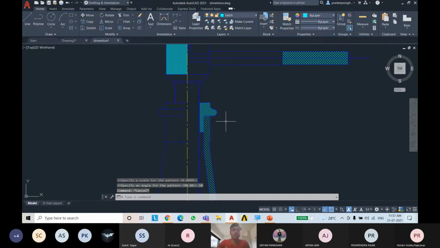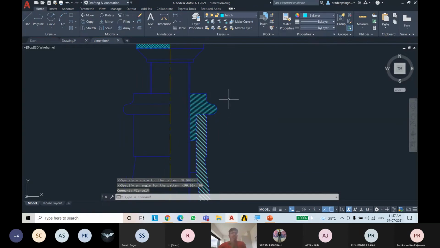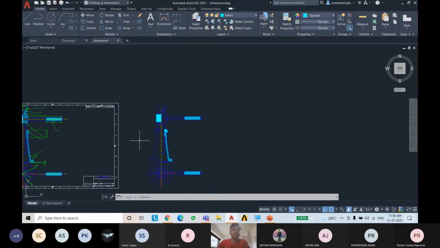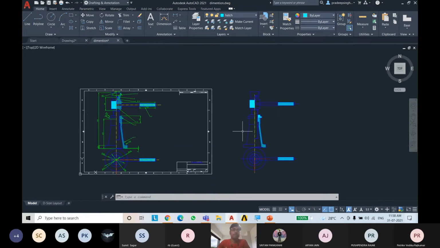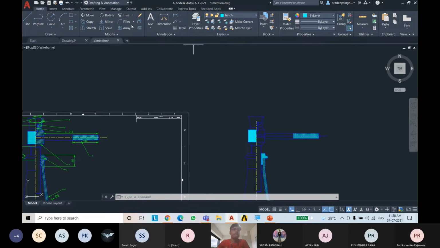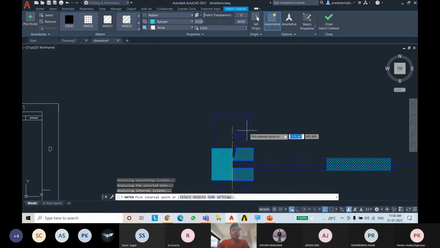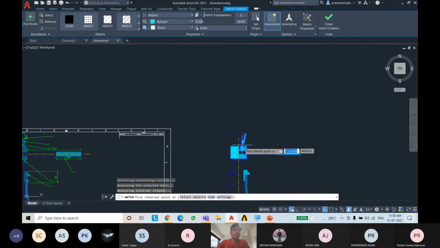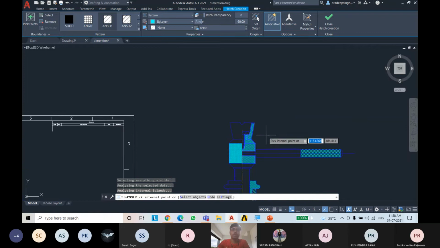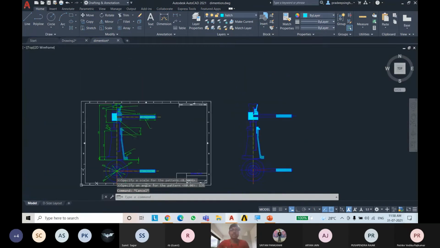You can see that these are looking different, so these are two different parts. Use hatching again for this part, this part, and this part. Change the angle to 135. So you can see the change.